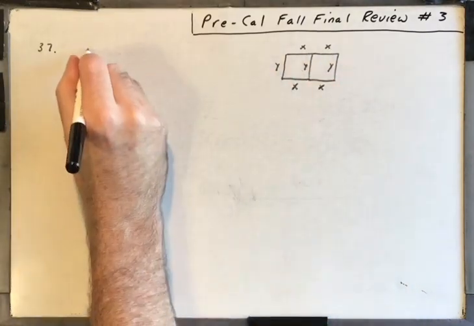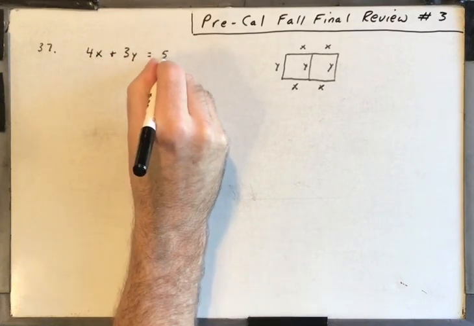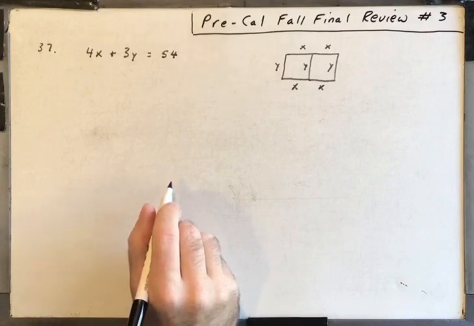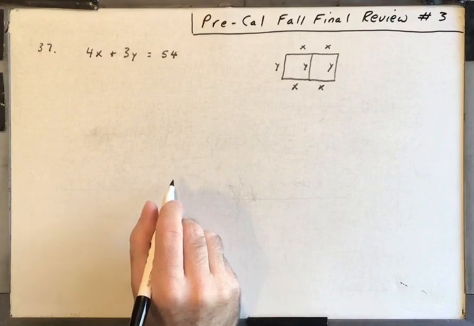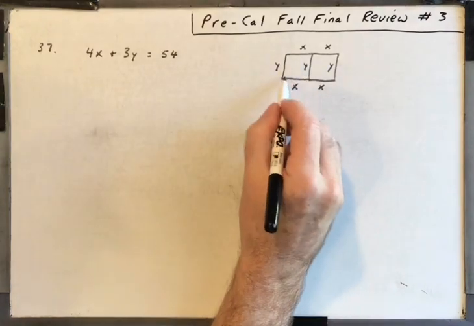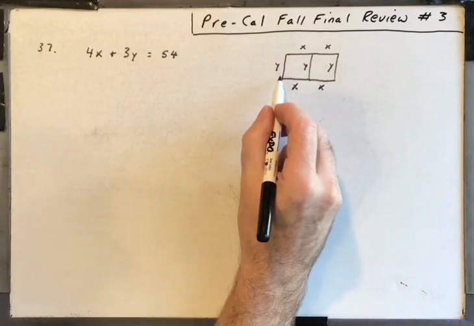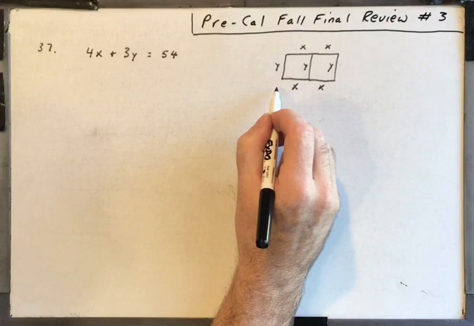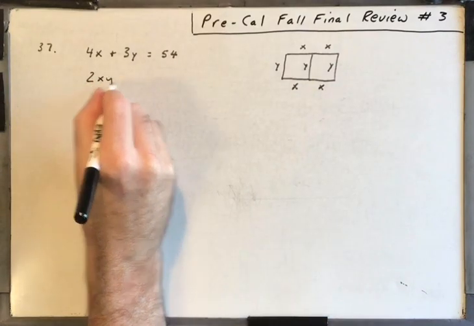So that's going to be 4x plus 3y is equal to 54. We also know that the area of the entire plot, not just one rectangle, but the entire plot is 108. So area is the length times the width. So that's going to be 2x times y. So 2xy